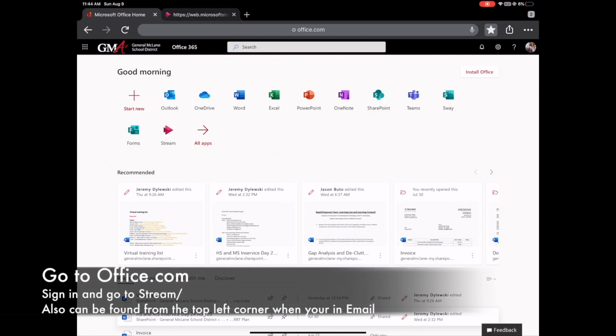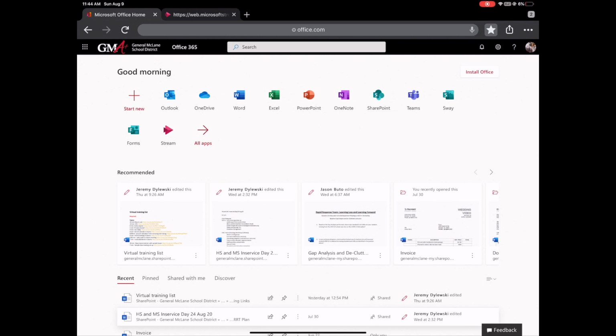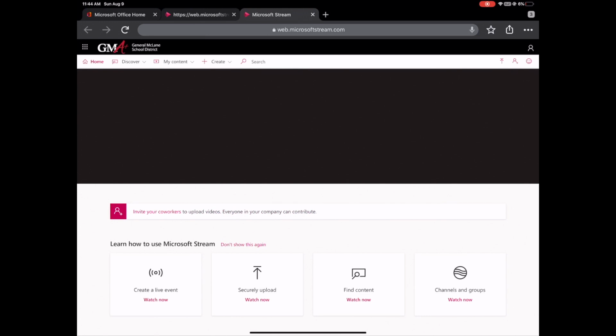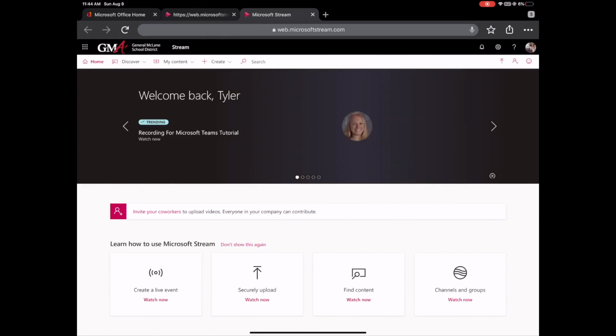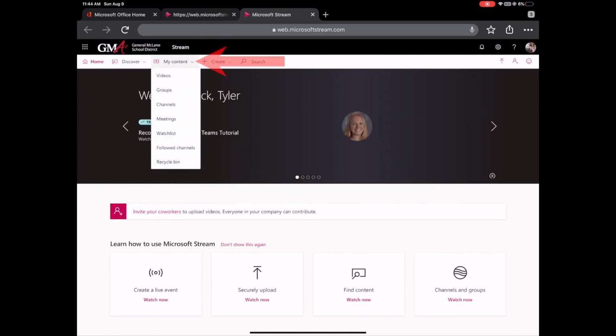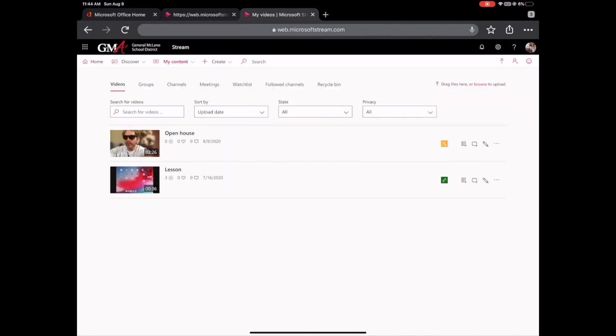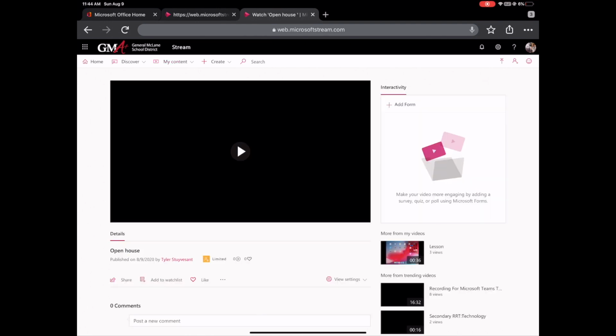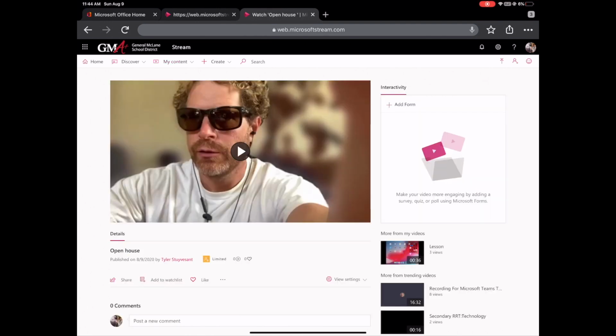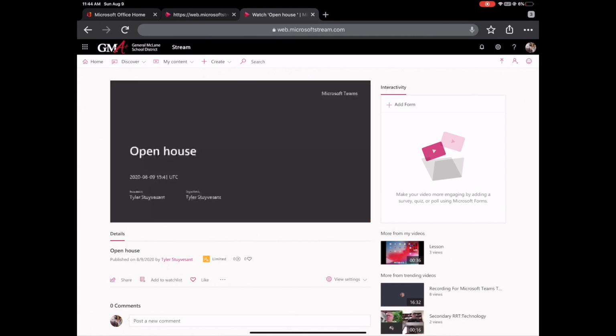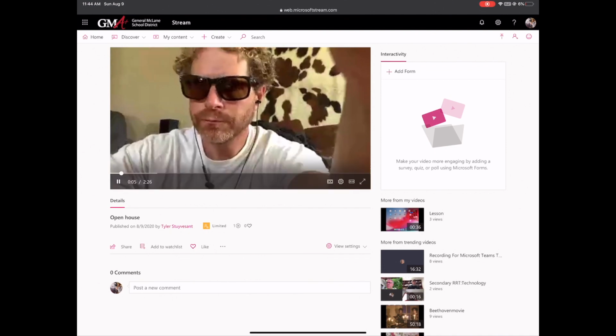Office.com and sign in. I'm signed in already. You'll be able to get into all of the apps that Microsoft has. And again, anything that you shoot in Teams when you record the screen is going to upload via Microsoft Stream. So I'm going to click on Microsoft Stream, and I'm going to click at the top. It says My Content here, and then it's going to be videos, and here's my open house video right there,